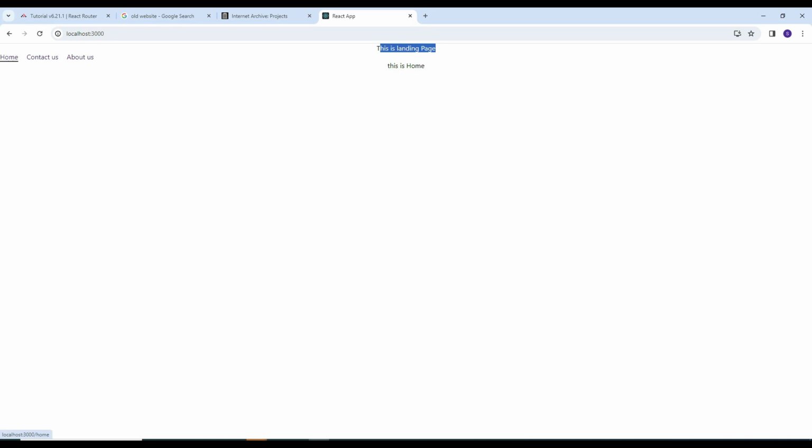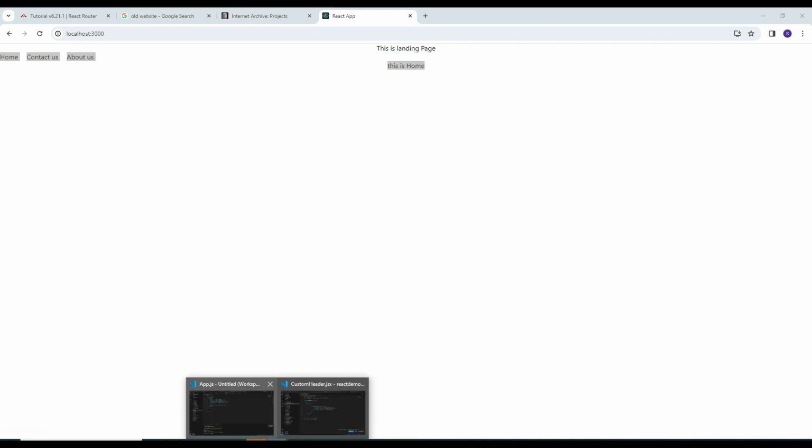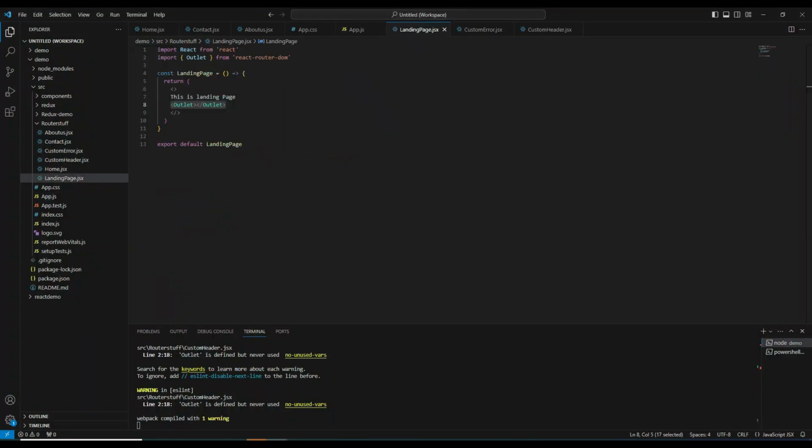Whatever you are seeing in the below part is the part where we have written the outlet tag. In the landing page component we have declared the outlet tag. When the component is rendered on the UI, this tag will be replaced by the child component, whatever the nested route is, and that will be rendered here.